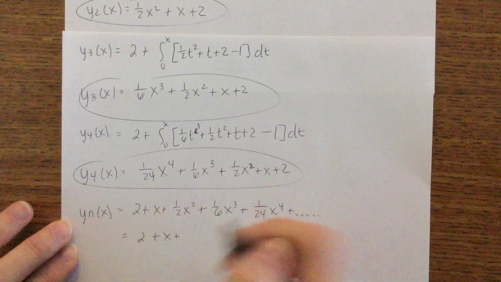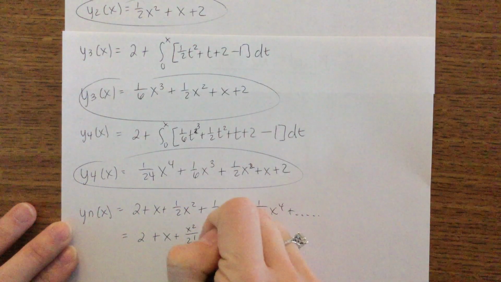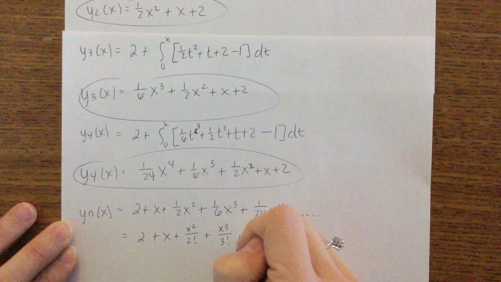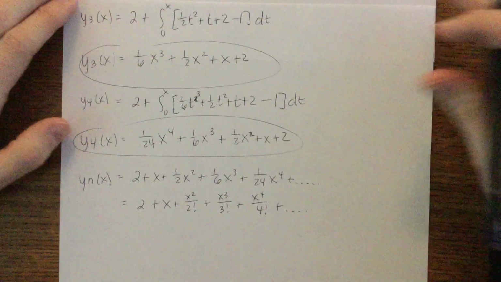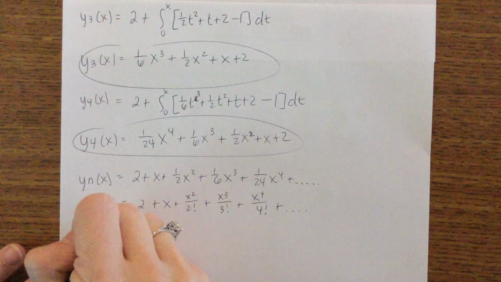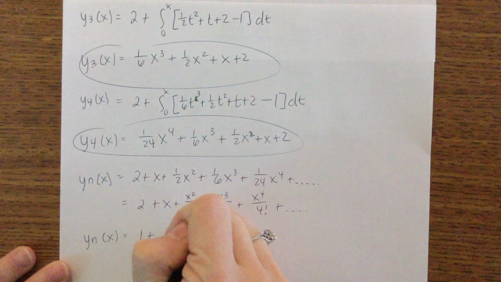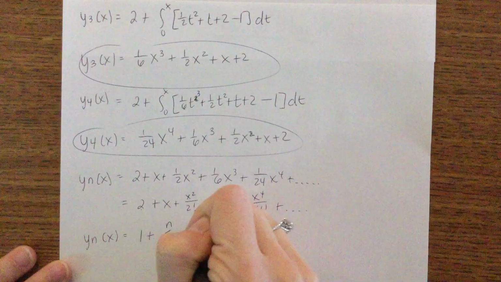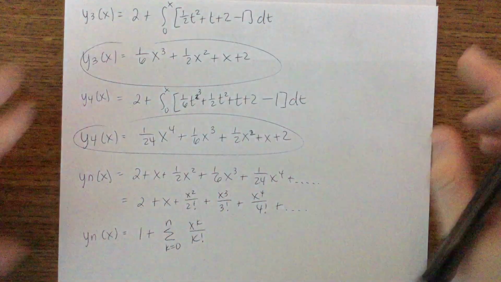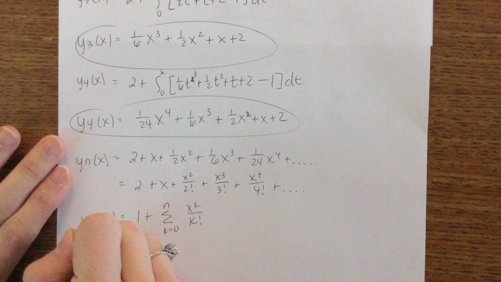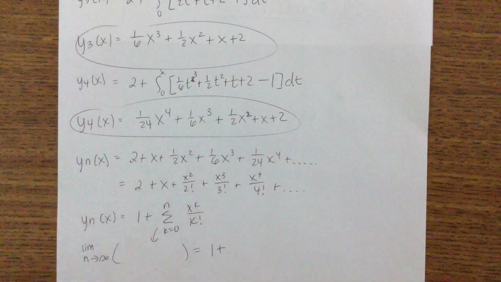This is the same as 2 add x squared over 2 factorial, x cubed over 3 factorial, x to the 4th over 4 factorial, so we get y sub n of x is 1 plus, if I take a 1 away from here, the sum from k equals 0 to n of x to the k over k factorial. If I take the limit as n goes to infinity of all of that, I'm going to get 1 plus,